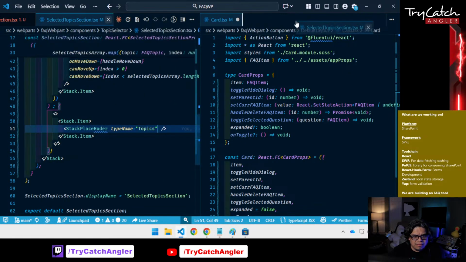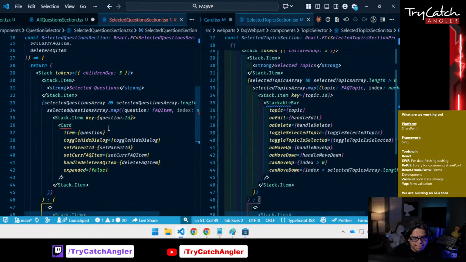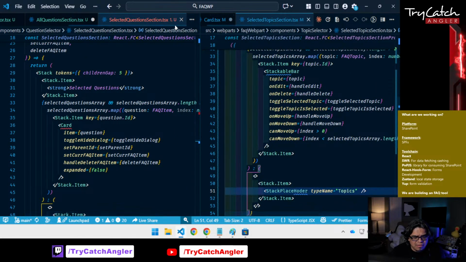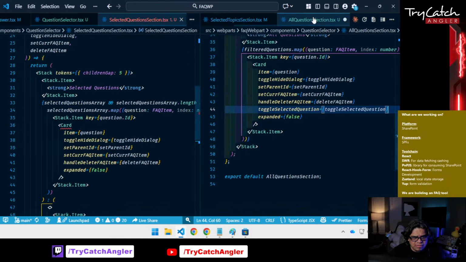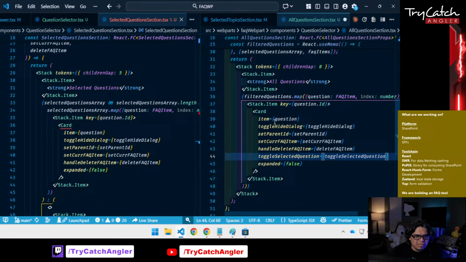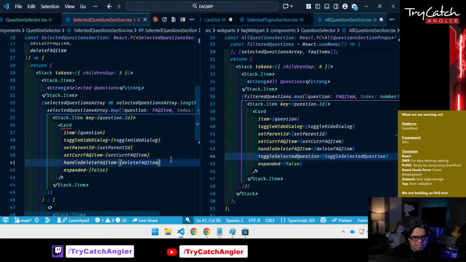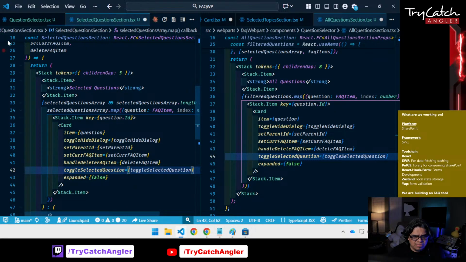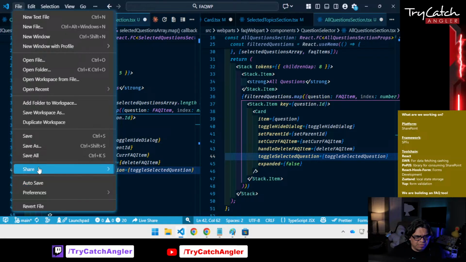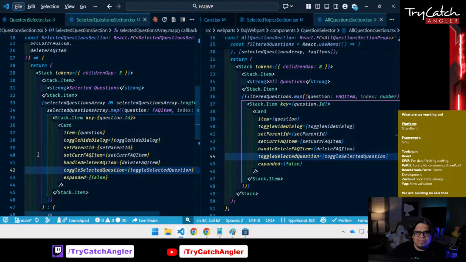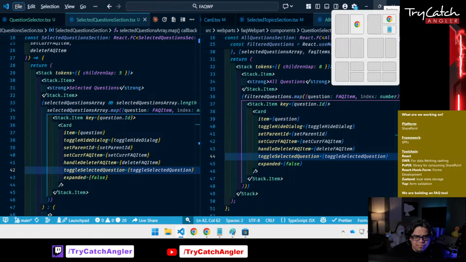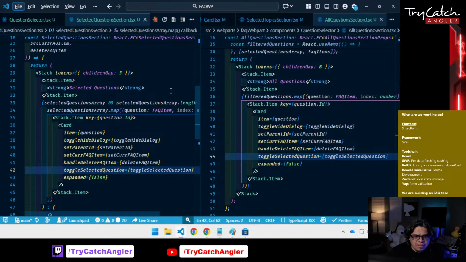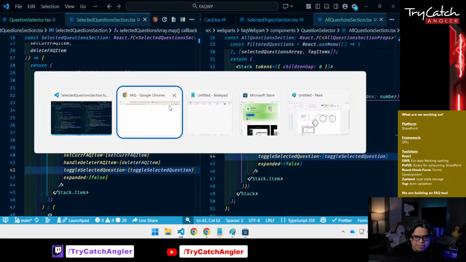but we don't have, which one did I just, all questions. So let's look at card. Card has item, toggle hide, set parent ID, set current, and then here we got to put toggle selected question. So if we save all of these components, if we save all the components, now if we go back to the browser,